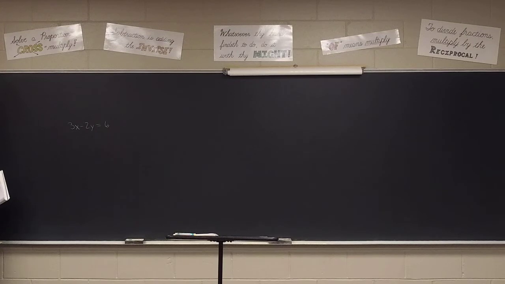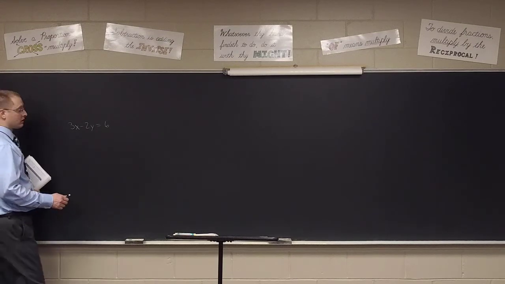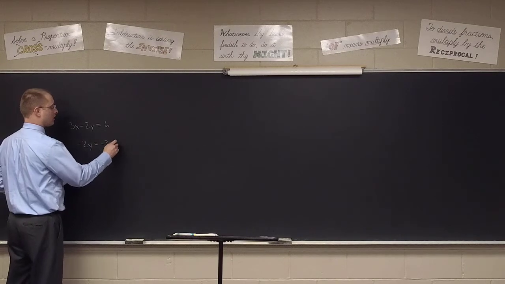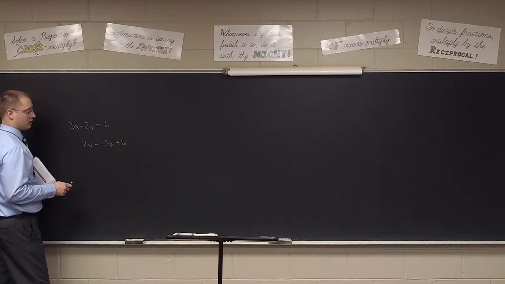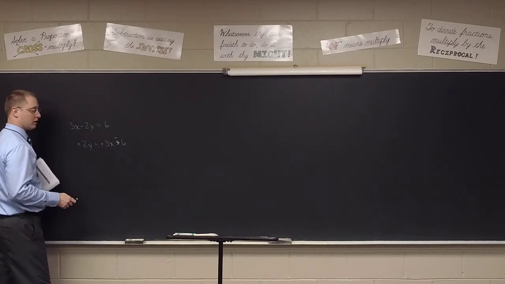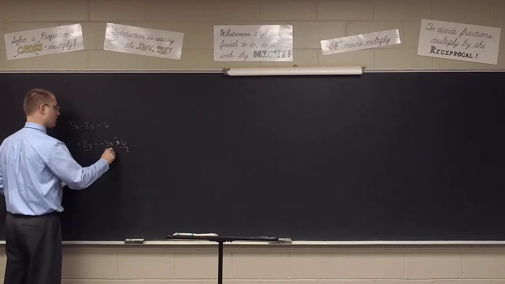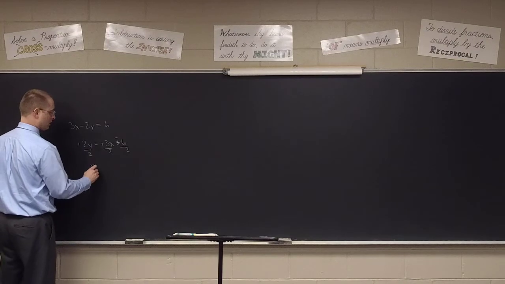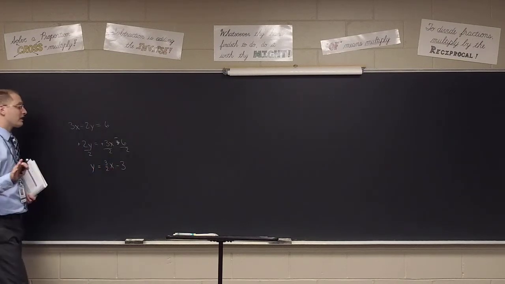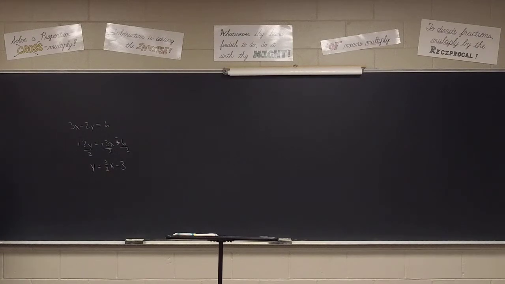So, Maddie, what do we need to do? You need to write negative 2y equals, and then you change the sides. And you divide by 2. And you get y equals 3/2 x minus 3. There we go. So clearly now, class, we can see that the y-intercept is negative 3, and the slope is